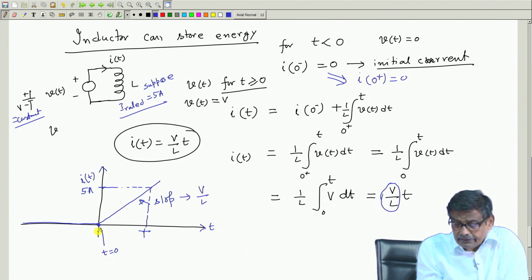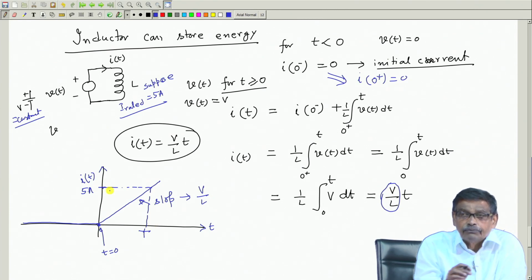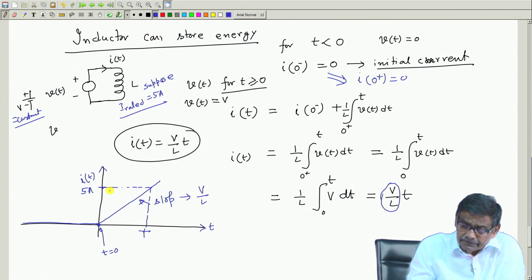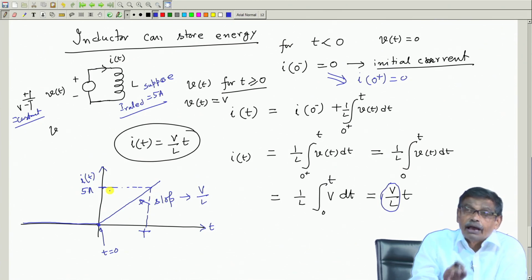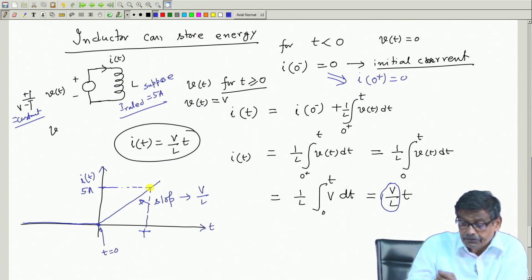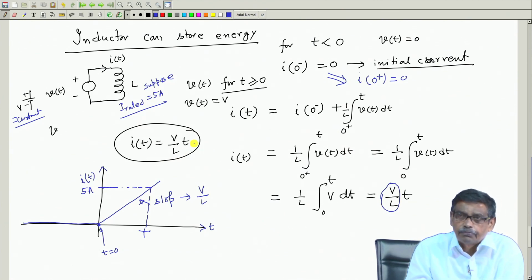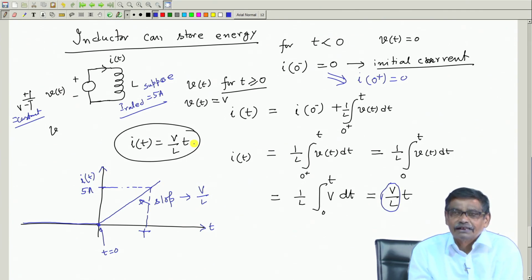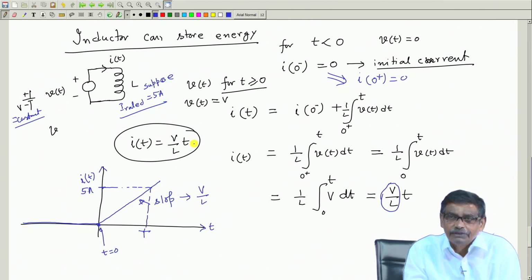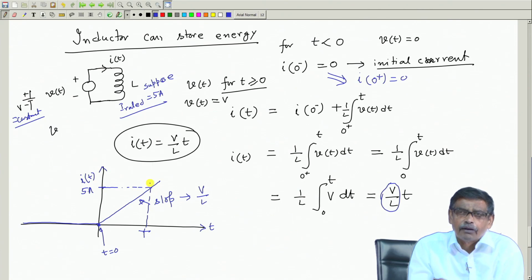Up to this point, from 0 to t, if you connect the constant voltage, the current will rise from 0, it will reach 5 ampere, then take protective action. I should not allow this voltage to act upon the inductor further, because it will then go beyond its rated current and your inductor will be spoiled. It is dangerous. So, constant voltage can be applied across an inductor, but for how long, that you decide depending upon the current rating of the inductor. Anyway, we will address this problem.